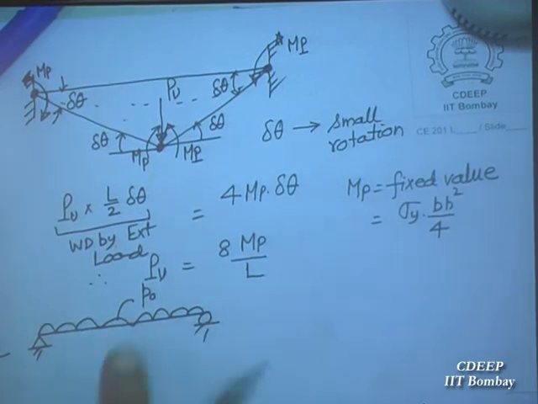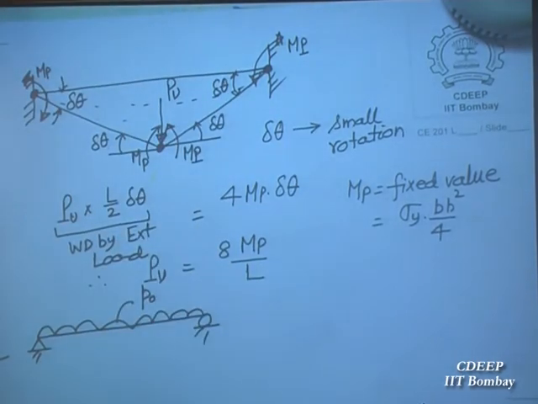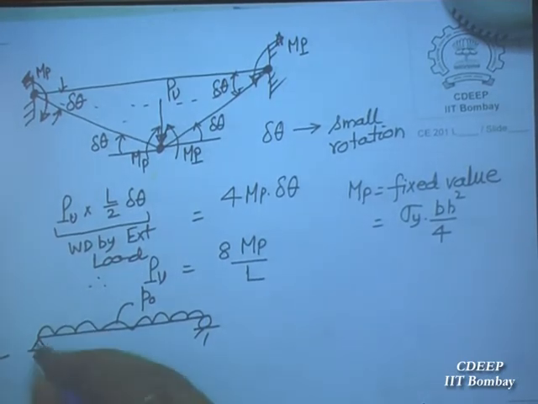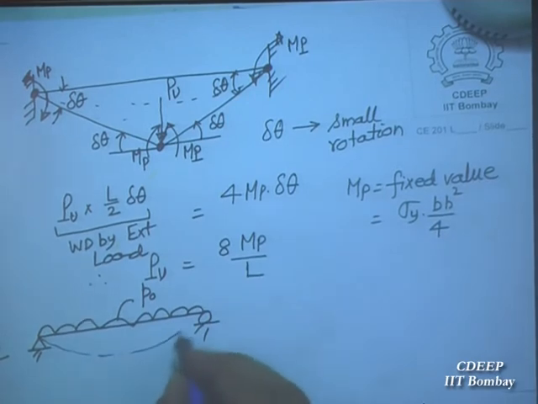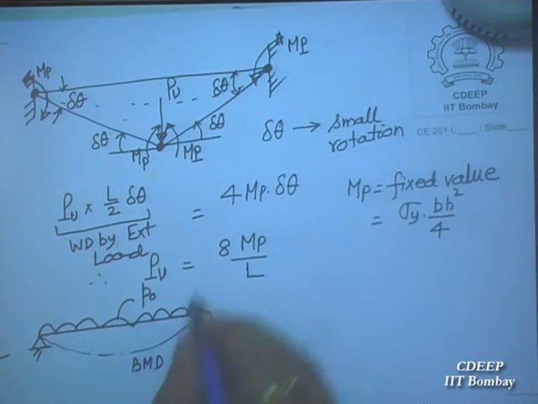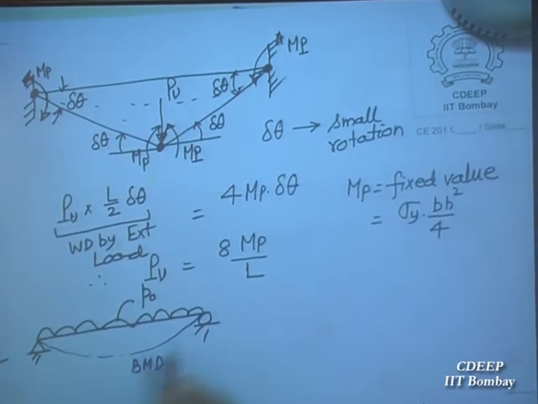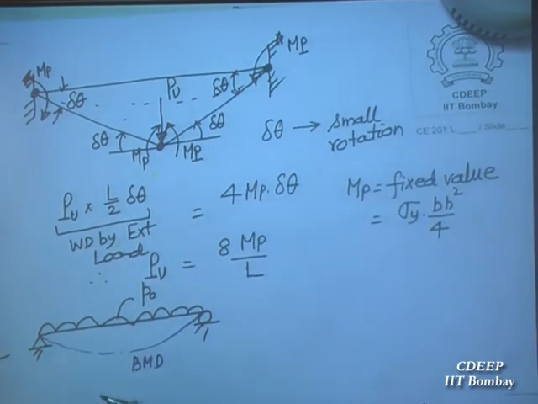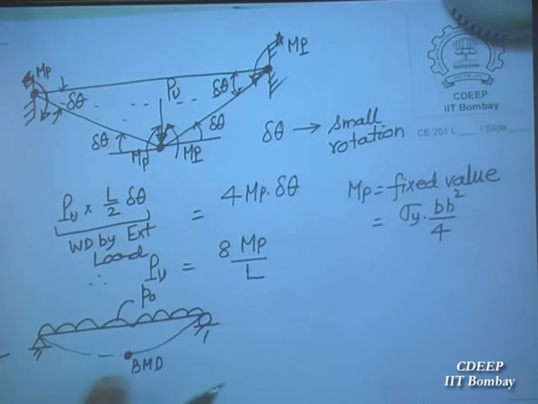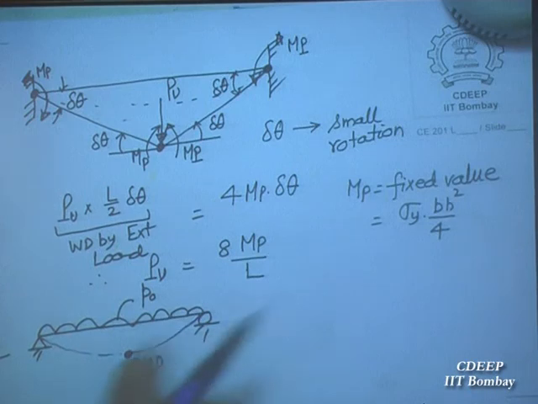Of course, what is the type of bending moment diagram? Quickly, what is the shape? Yes, it is like this. This is the bending moment diagram. It is also the deflection diagram. BMD. So it has maximum bending moment here. So this point again will become plastic, and the moment it becomes plastic, it will become 2 rigid bars, and